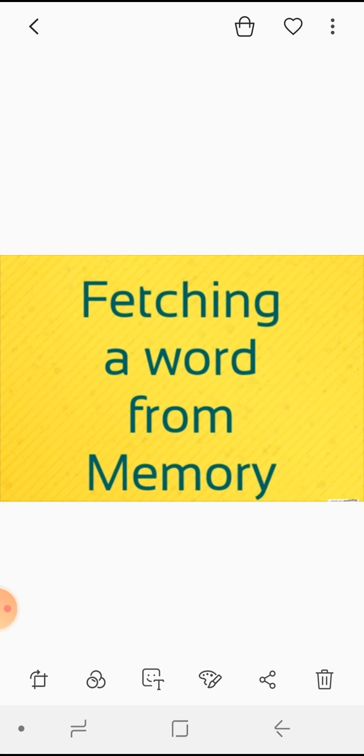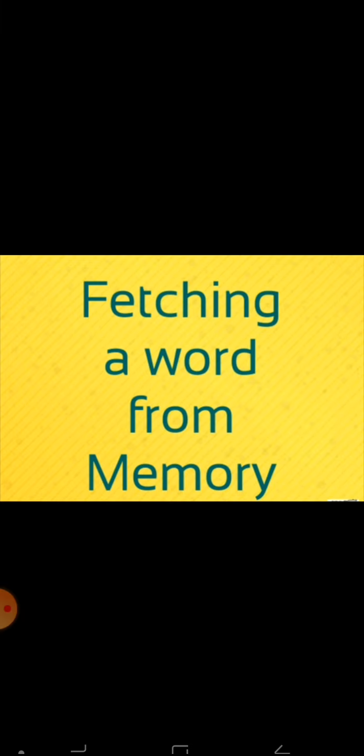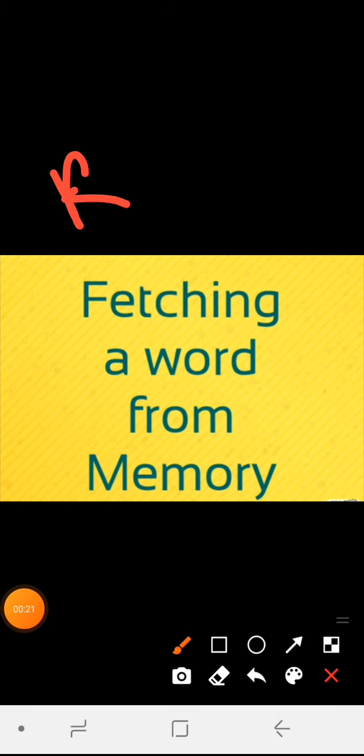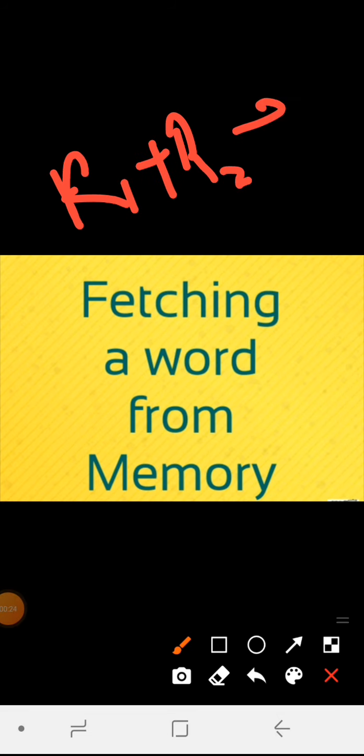Everyone. In the previous session, we discussed how data can be transferred between registers. We discussed the control signals we use to indicate the status of the data present in the register. We took an example where we added the two pieces of information present in two different registers and stored the result back in another register. That is, we took R1 plus R2, stored the result in R3, and we wrote the sequence of steps by activating the signals for this.